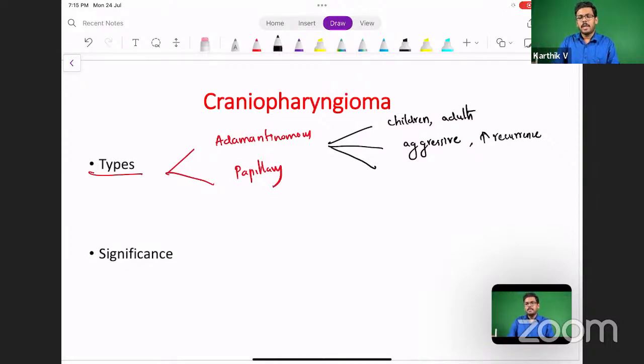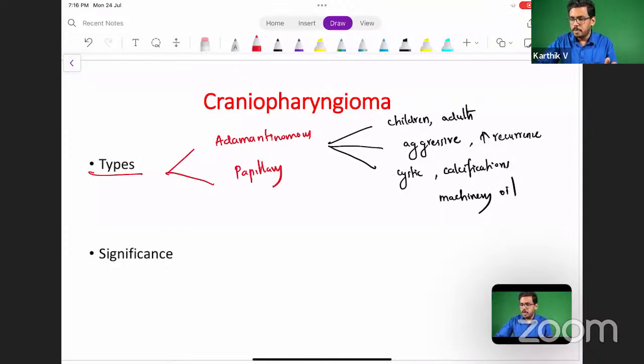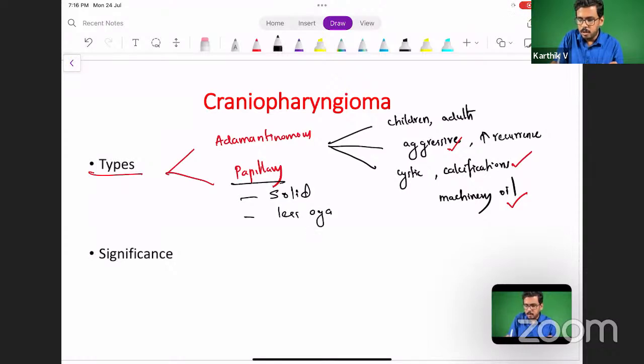Okay. Then it has cystic solid appearance, solid cystic appearance with calcifications and presence of machinery oil or cholesterol-laden fluid content within the cyst. We call it machinery oil content. So any of these can be asked as a potential MCQ. So machinery oil content, the presence of calcification, cystic nature, aggressive nature, everything is associated with adamantinomatous craniopharyngioma. And papillary craniopharyngioma, it is more solid. It exclusively occurs in adults, less aggressive, but it is less radiosensitive also. So if you are having an advanced variant of papillary craniopharyngioma, you have less therapeutic options, whereas adamantinomatous is radiosensitive,